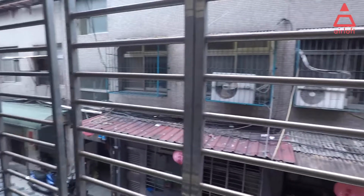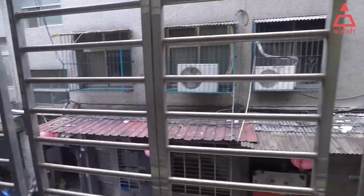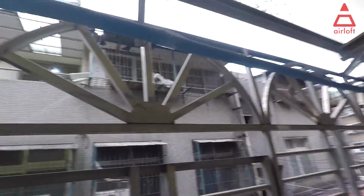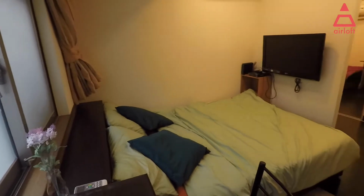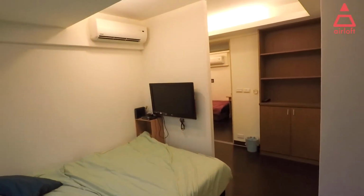Let's see, check out the window. Yeah, it's where you look outside of the window. You have your own window balcony. You can hang your clothes up here. That's how Tony's we do it. Alright, from this angle,